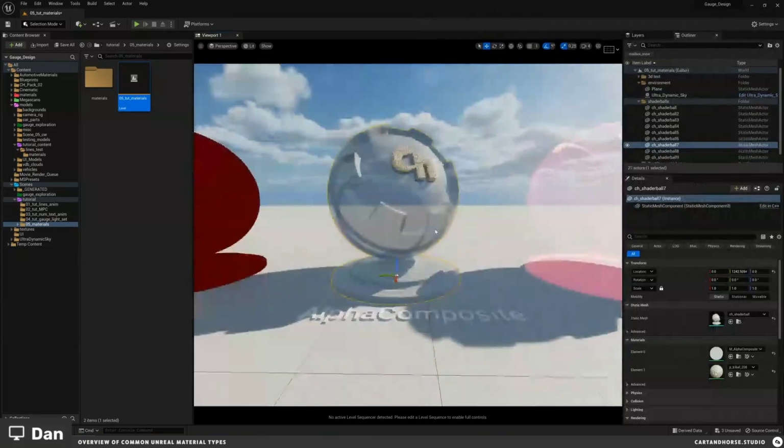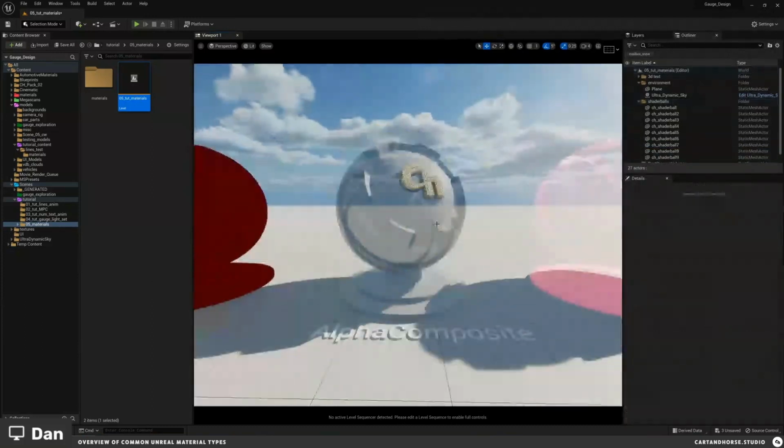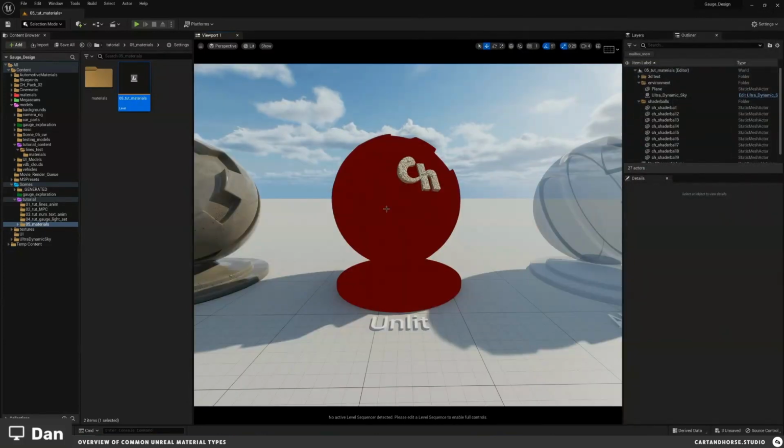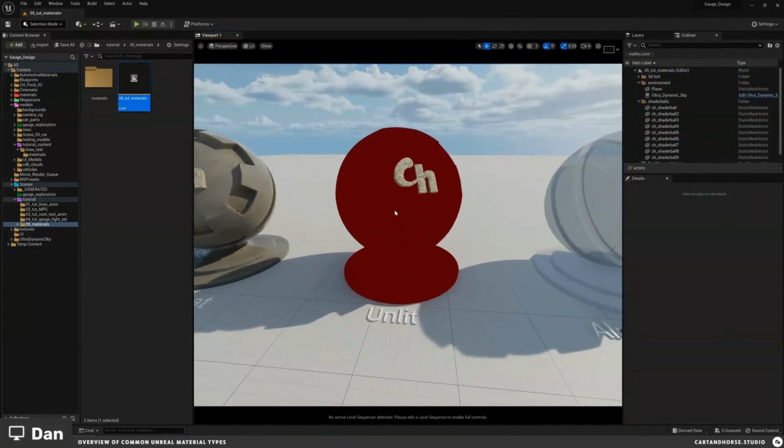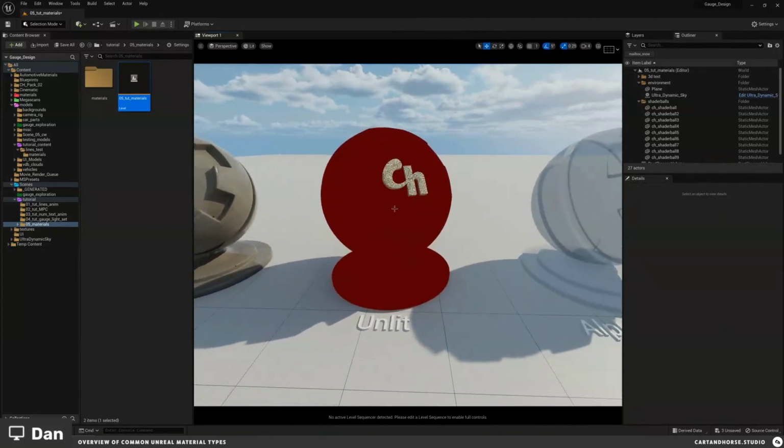From what I can tell, it's pretty efficient. It's just something you can throw in your toolbox, but, you know, yippee. Unlit. This one does not sound like it would be that useful, but if you ever just want something to